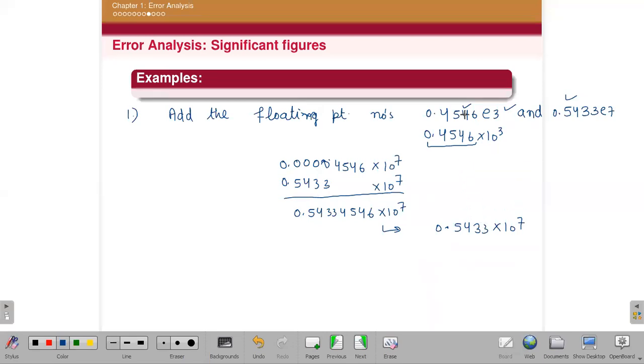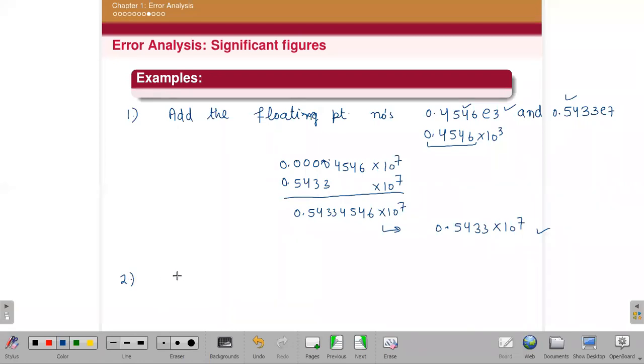So this is because I am adding this number to a very small number. That's why I'm getting this type of error. You can see this is an error in error analysis. This type of error we can also face when we subtract two nearly equal numbers, that is, because of loss of significance.